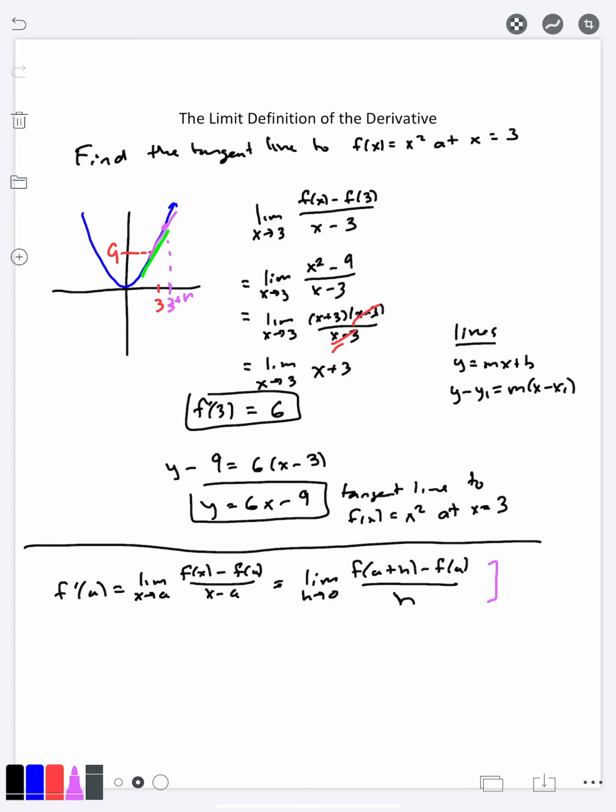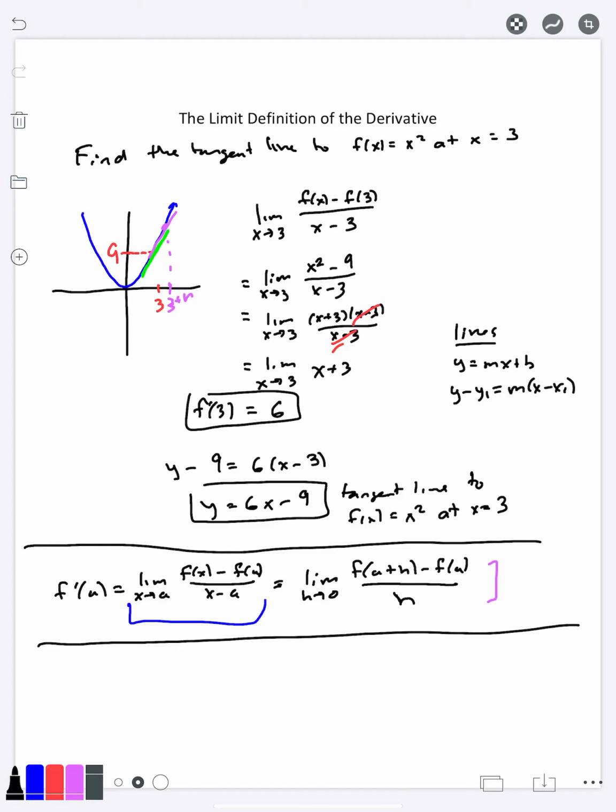For finding tangent lines like this, I definitely prefer this first formula here. But when we start looking at finding the derivative as a function, I'd probably prefer the second formula. But we'll see that a little bit later. The last thing I want to mention here